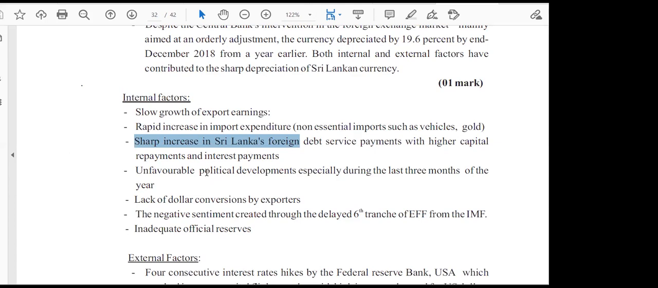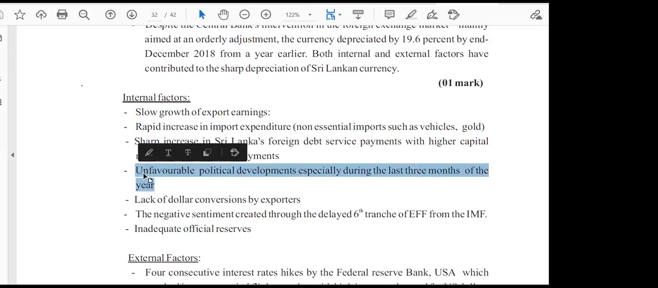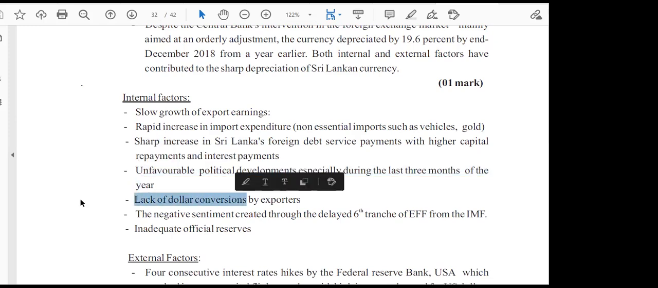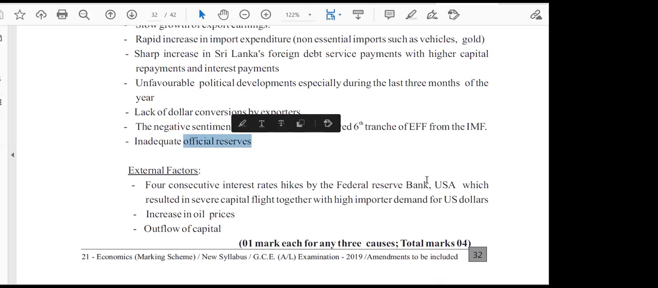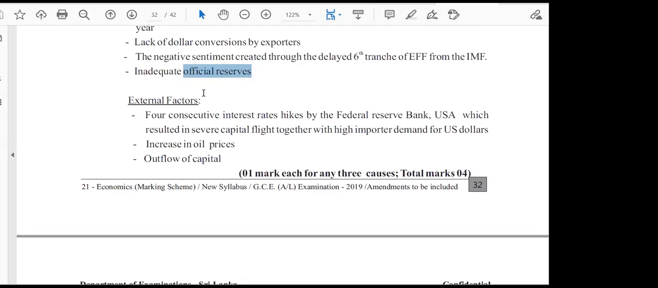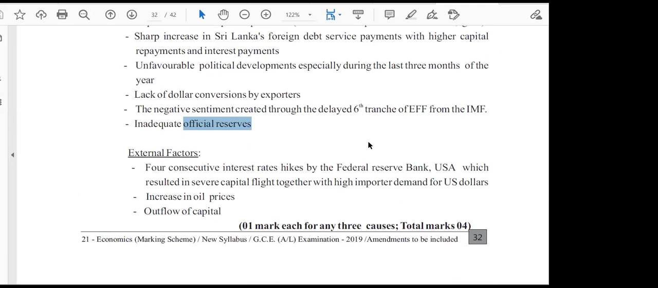Then unfavorable political developments, especially during the last 3 months of the year. This may be the time when they were fighting over two prime ministers. I can't remember the period exactly. Then lack of dollar conversions by exporters, negative sentiment created by the delayed... I am not very sure what this is. This may be some act. Inadequate official reserves. Then if you look at external factors, now remember, guys,